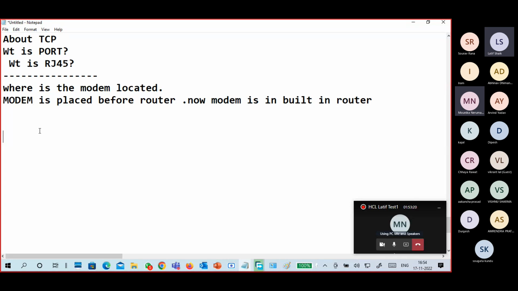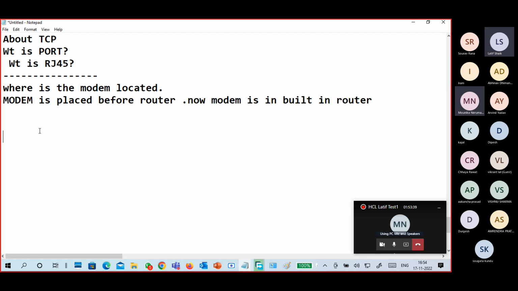Okay, sorry, somewhere I went off. Once you switch on, through the WAN connectivity it reaches the ISP, verifies your identity, then internet will be supplied. Why is it called a modem?